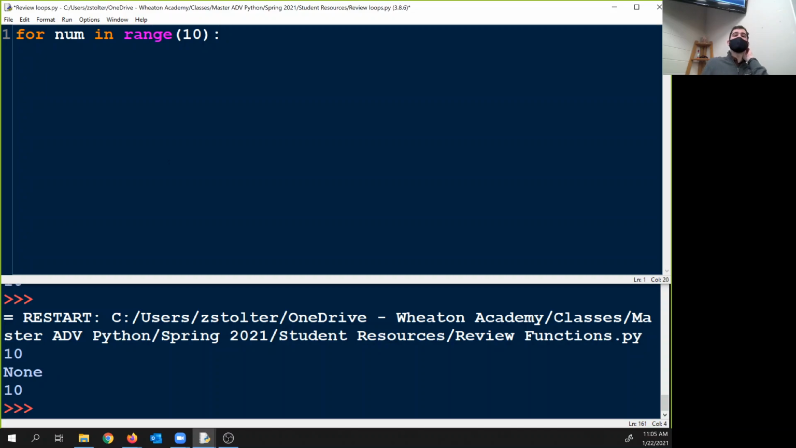I can't just do 10. Because how many things are inside of 10? 2, infinite, 0. 10 is a thing. It's a 10. It is an integer. However, if I do range 10, what range 10 is saying is, give me the numbers from 0 to 10